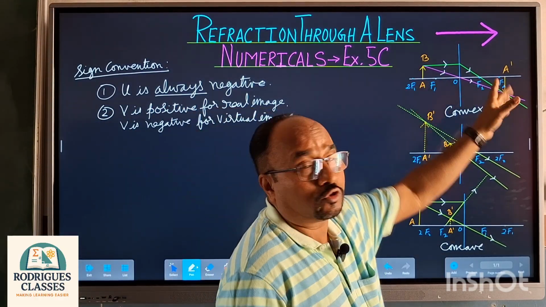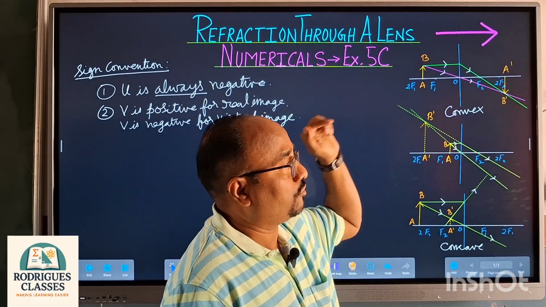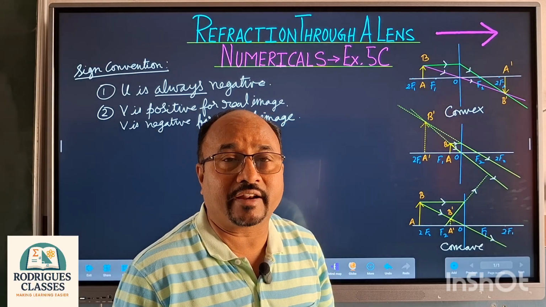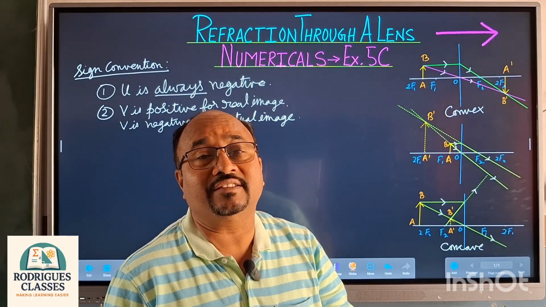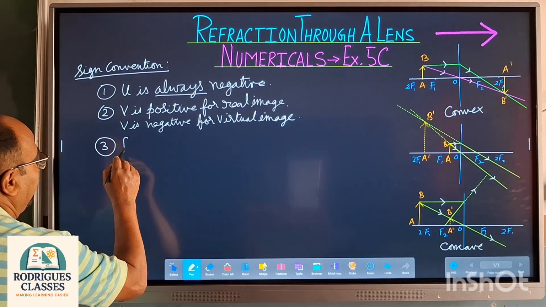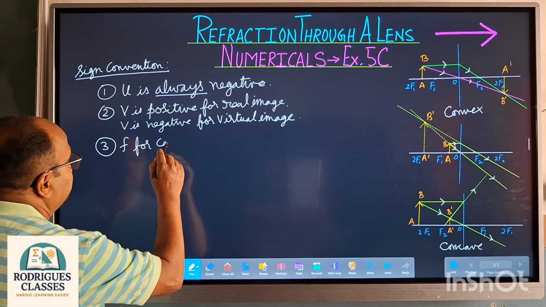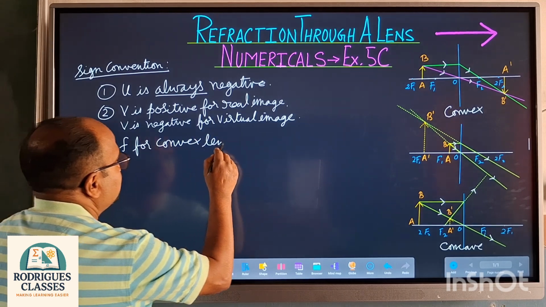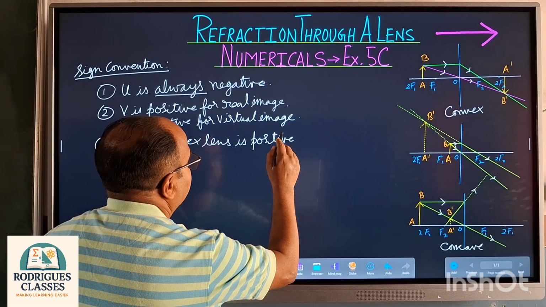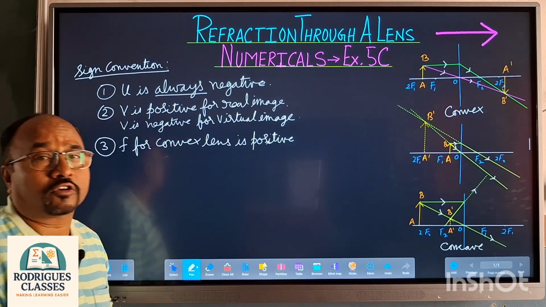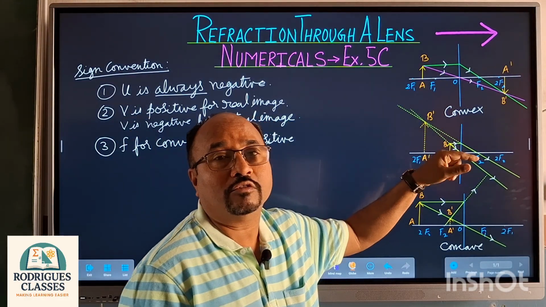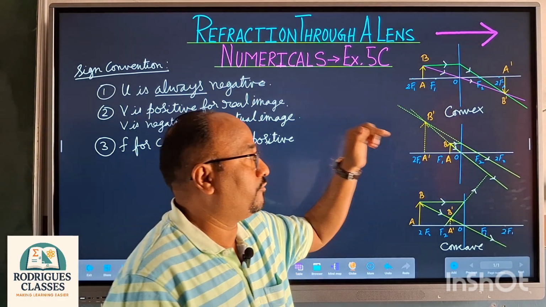Now let us come to the focal length for convex. So I have to go from O to F2 going that way. So it means it is in the direction of the arrow of the incident ray. So focal length for a convex lens will be positive. So the third thing coming, F for convex lens is positive. So in both the cases you can see that we have to go for measuring focal length from O to F2